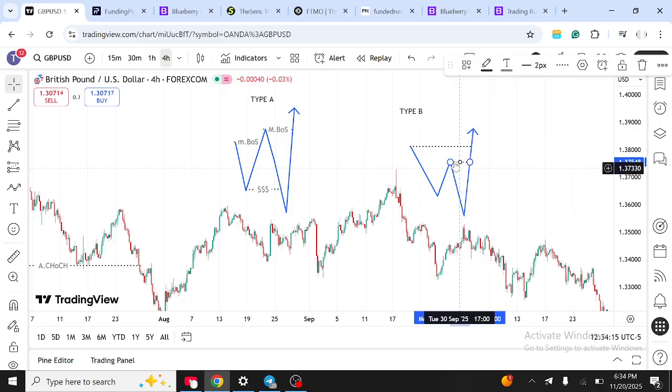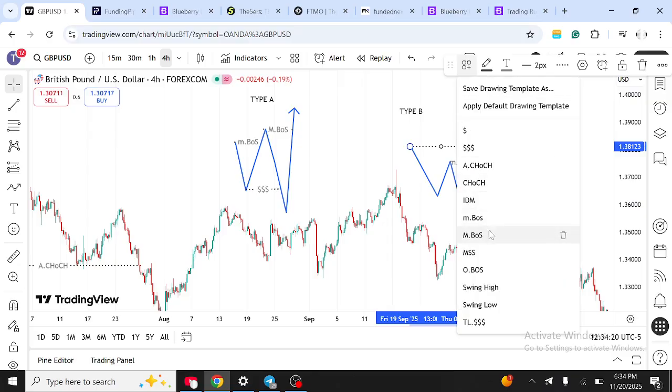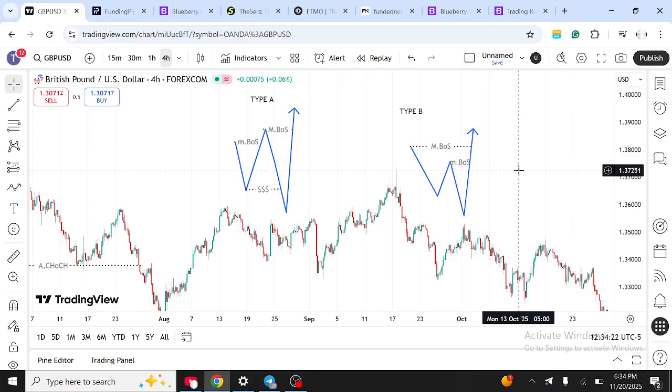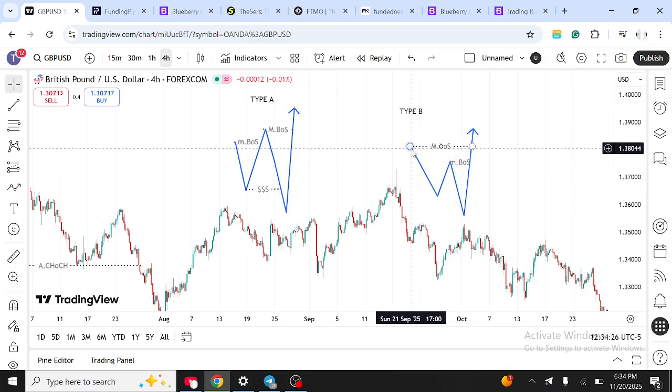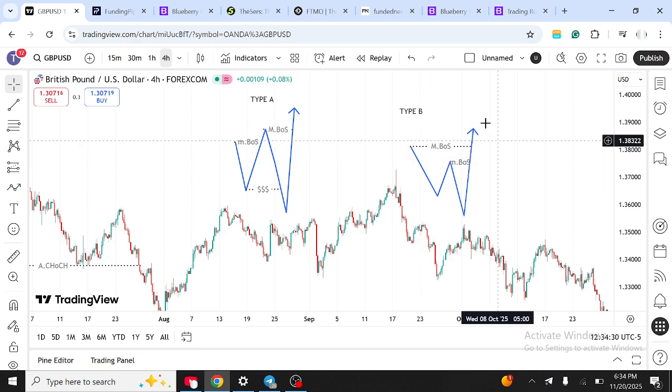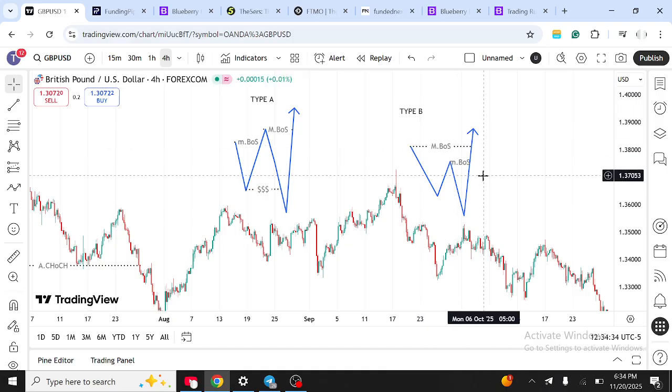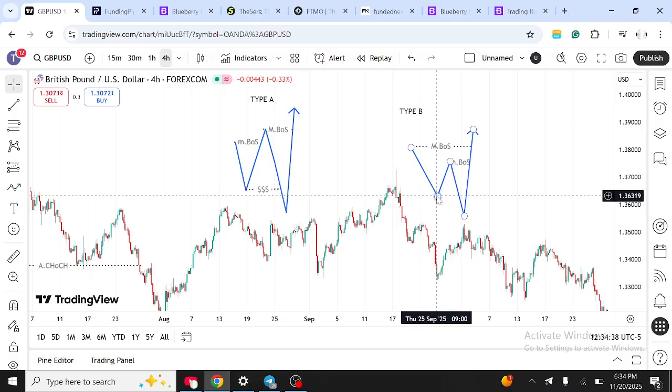Okay. And this is the major break of structure. All right. And if you look at my chart, most of the time I don't name this as minor. I just do the overall naming of major break of structure. So this is the type A liquidity, type B liquidity concept. All right. So a lot of liquidity has been grabbed here. Okay, has been grabbed here,